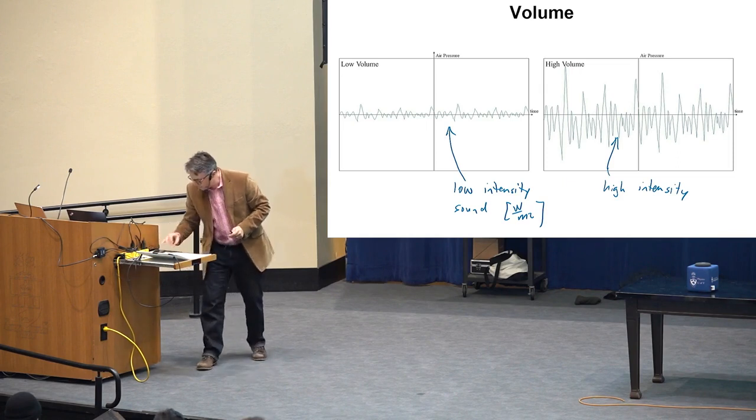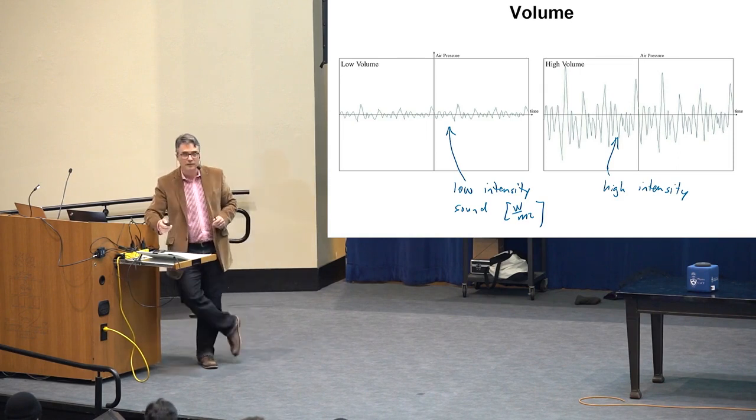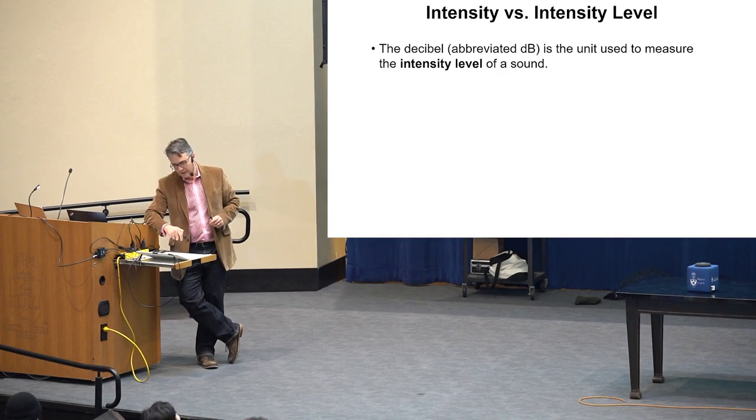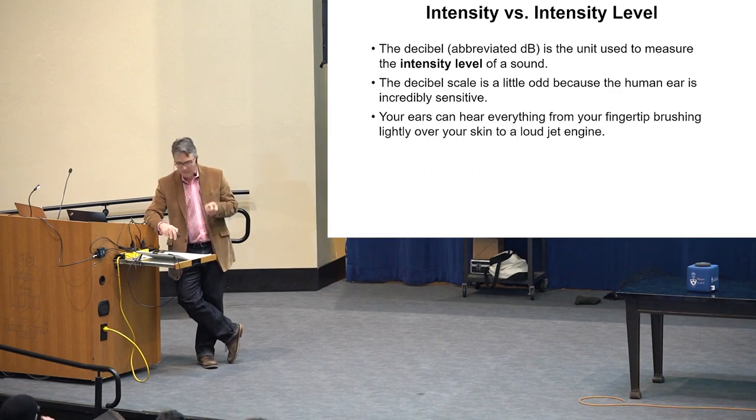Okay, and so now there's this whole thing about intensity level. So let's go over that. Intensity versus intensity level. I really feel like we should have come up with a different name, because these are completely different, but they're describing the same sort of thing. The decibel, abbreviated dB, is the unit used to measure the intensity level of sound. The decibel scale is based on something to do with the fact that the human ear is sensitive to a large